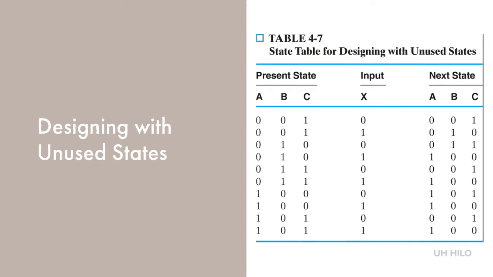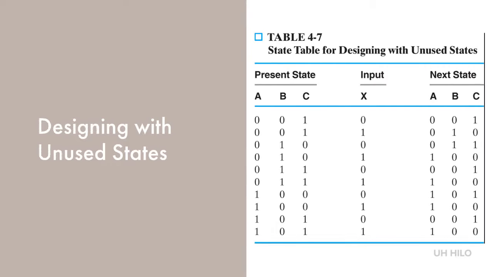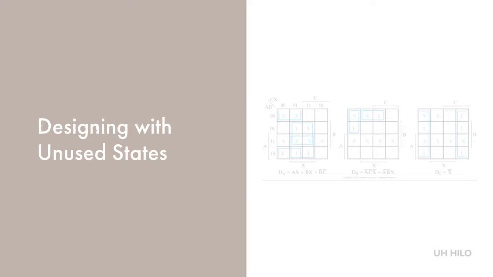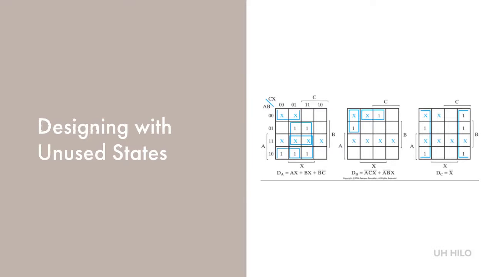combinations are obtained for the present state and input columns: 0000, 0001, 1100, 1101, 1110, and 1111. These 6 combinations are not listed in the state table, and hence they need to be treated as don't care minterms. Using the don't care conditions, we can simplify the equations using K-maps to get the flip-flop input equations to implement the logic diagram. During operation, it's possible that outside interference or malfunction will cause the circuit to enter one of